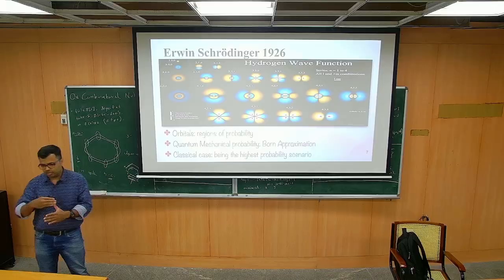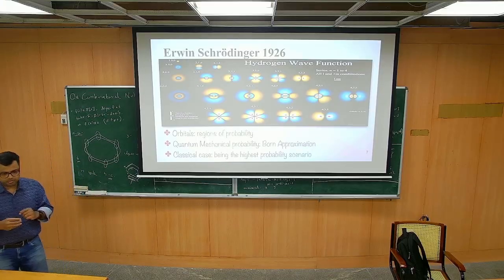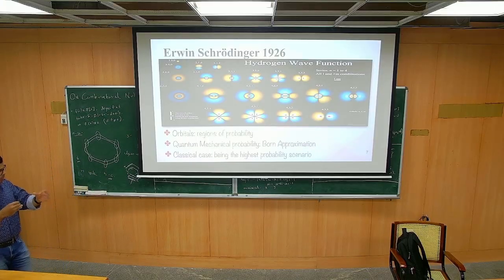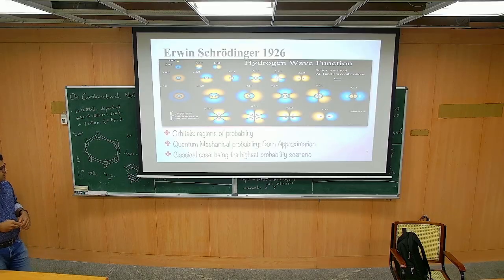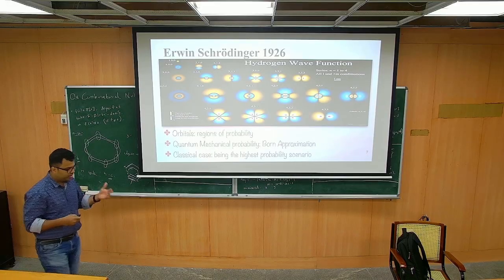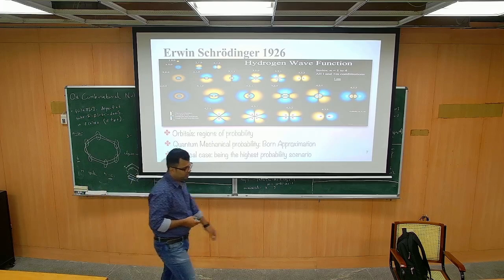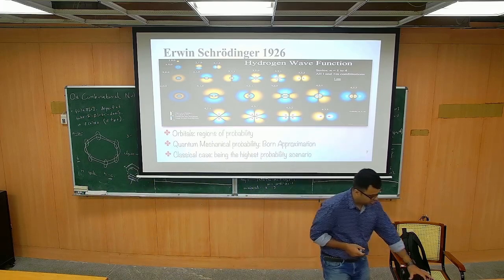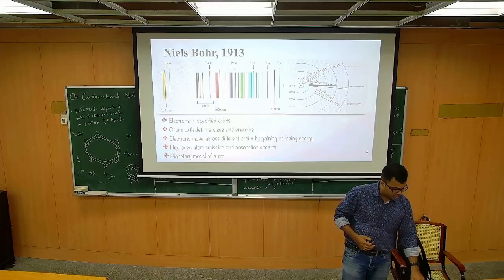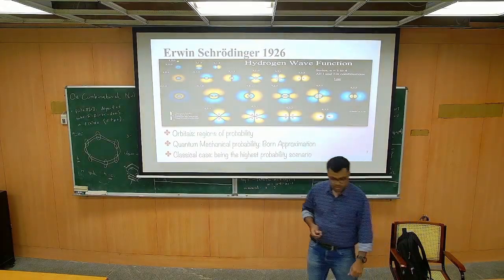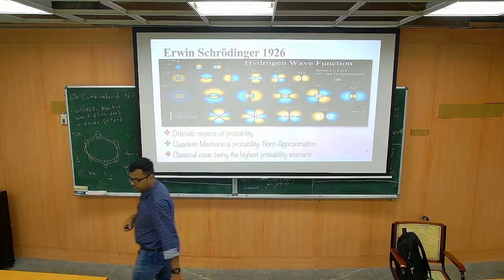So if you have an electron revolving around a hydrogen nucleus or a proton, then there are only regions of probability. They are not even orbits, they are basically regions of probability where the electron can exist. Okay, and in the classical case that we thought of, at least in Niels Bohr's case, he said there are orbits. And the peak of these regions of probability is basically determined by the classical case.